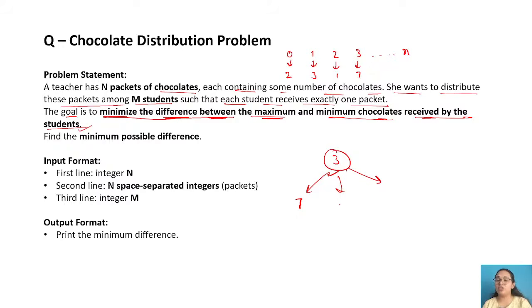Now, after that, the second student got one packet where that student got four chocolates in that particular packet. And there is one student who got, let's say, one packet with two chocolates in it, right? So what you have to do is, your main goal is to minimize the difference between the maximum and minimum chocolates received by the student. So the minimum chocolate received by a student is 2, and the maximum chocolate received by a student is what? 7. Now, you have to give the packets accordingly so that you can get the minimum difference between the maximum and the minimum number of chocolates.